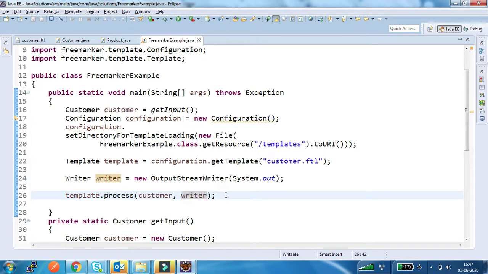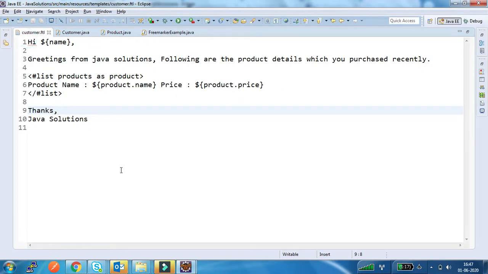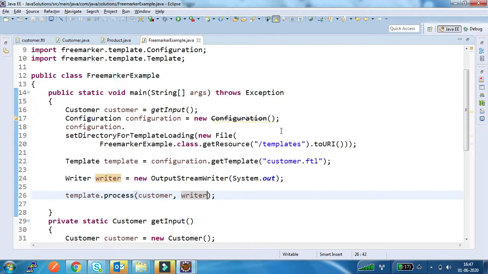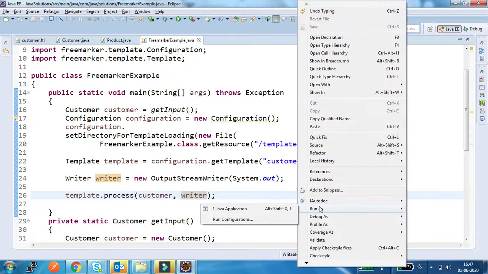That's it. I will execute and show the output. Let me review this. Okay, I am adding some comma here to differentiate product name and price. That's it, I think. Now I will execute and show the output.